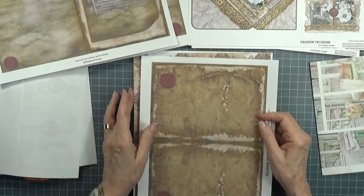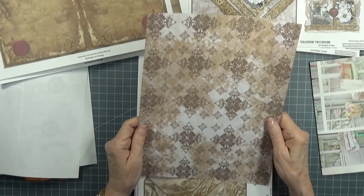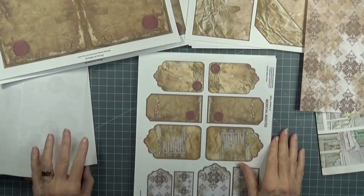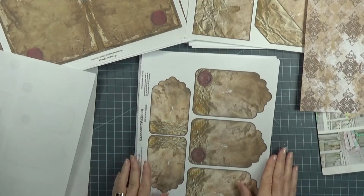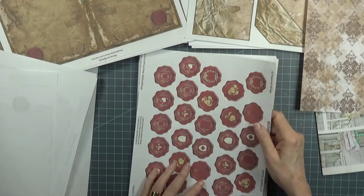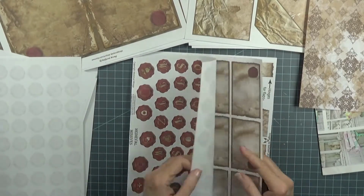I will list the name so that you will have the information under this video. Plain envelope makings, small tags, but in the same design. Larger tags. And all of the possible wax stamp pictures that you could want, including 2 pages of initials,